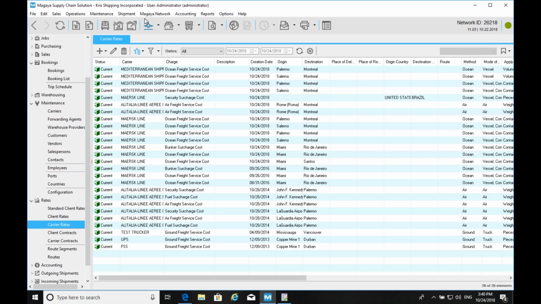So we made a CSV import already about a year ago for the rates, but the problem with those is that when we start asking for examples from different carriers, all of their rate tables are in different formats. So we try to make the rate table import as generic as possible, so you can work in Excel taking your carrier's table and mapping it to Magaya's import format and then importing that. Okay, so let's do a quick example. What I would like to start with is actually export, because that's how you get the perfect import format.